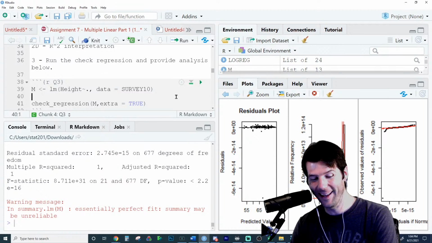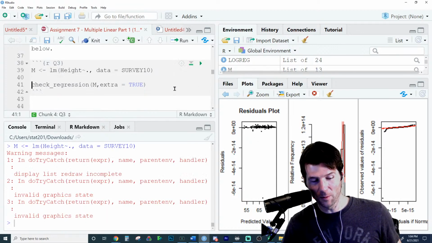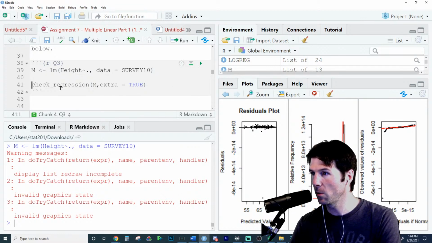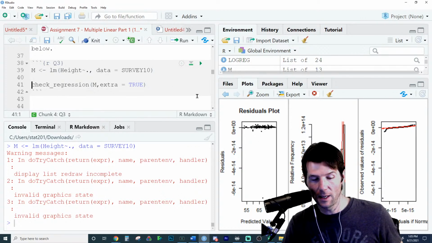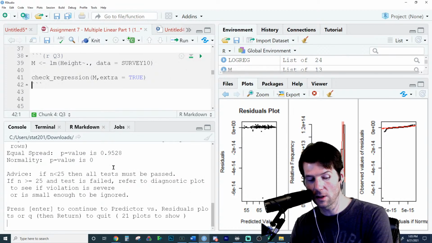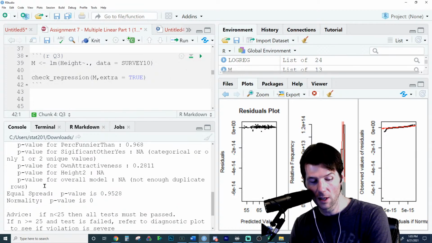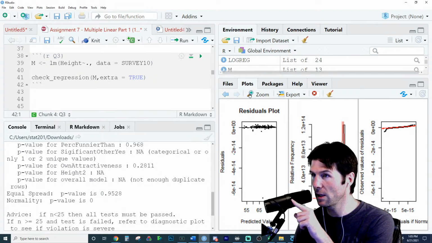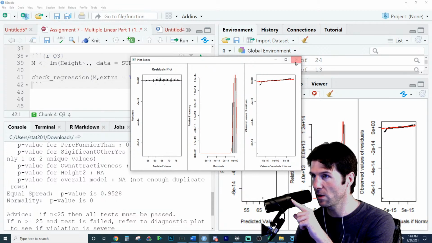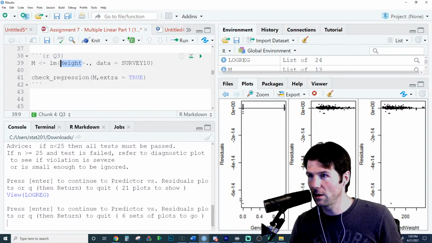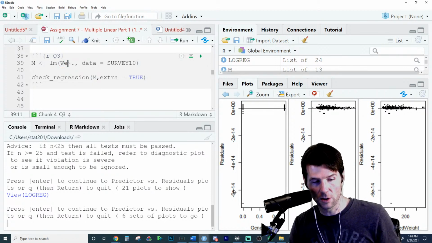Okay. So let's go right here. We got a multiple model. This one is not one you would do right here. It's got way too many variables inside of it. Let's take a look at this multiple model. What you'll see here is sometimes you can get p-values that are not going to appear. If you have a p-value that does not appear, you need to go in and start looking at your model. This model is so bad, let's go change it to weight and see if I get a better